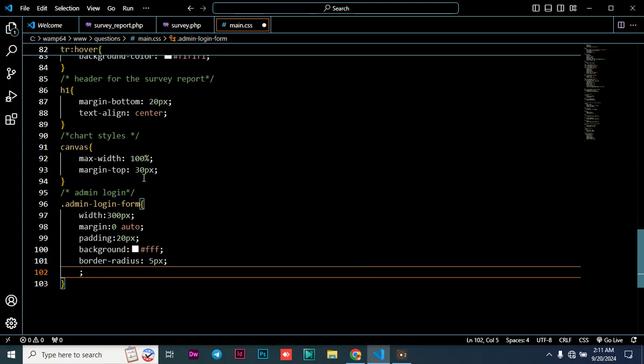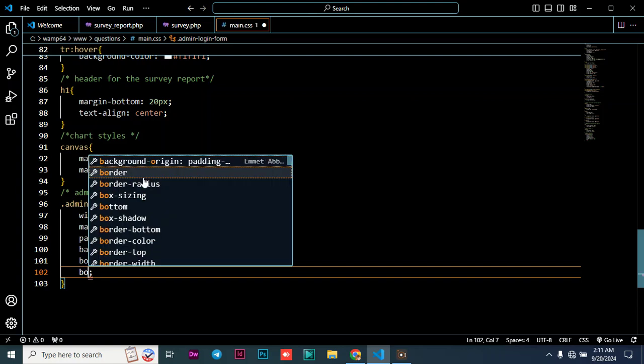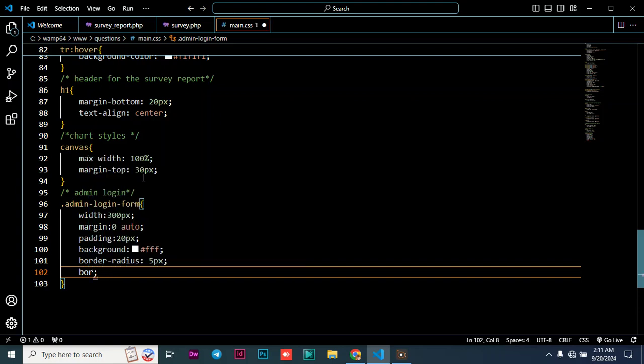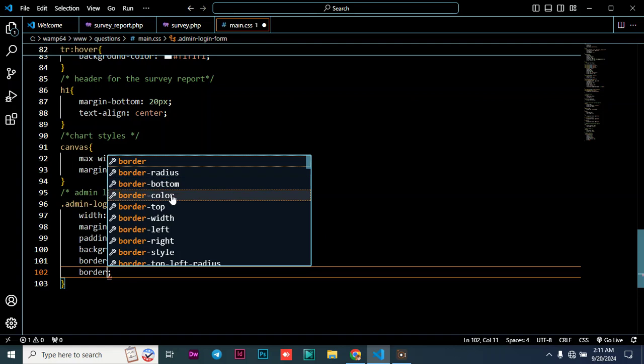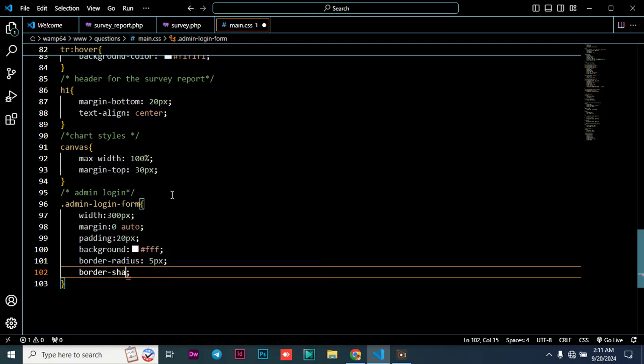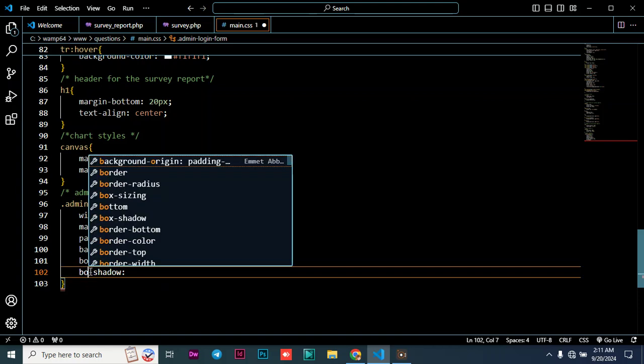We're also going to give it the border shadow, not the border shadow, is supposed to be box shadow